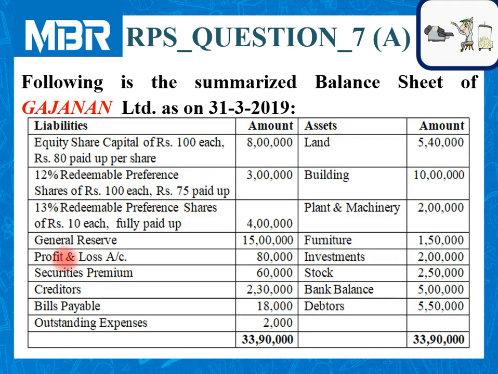Amount of general reserve is given as 15 lakhs, profit and loss account at 80,000, securities premium for rupees 60,000, creditors, bills payable and outstanding expenses covered under current liabilities. On the asset side, we have land and building, plant and machinery, furniture, investments costing rupees 2 lakhs, stock, bank balance